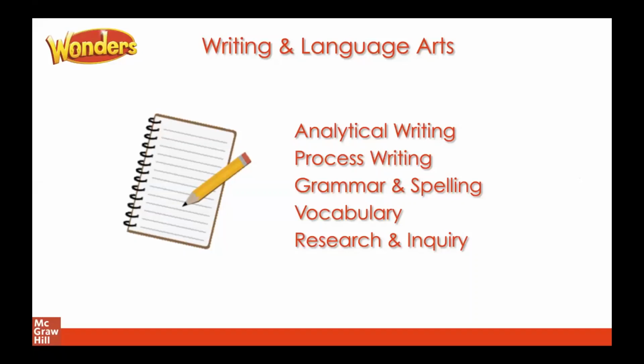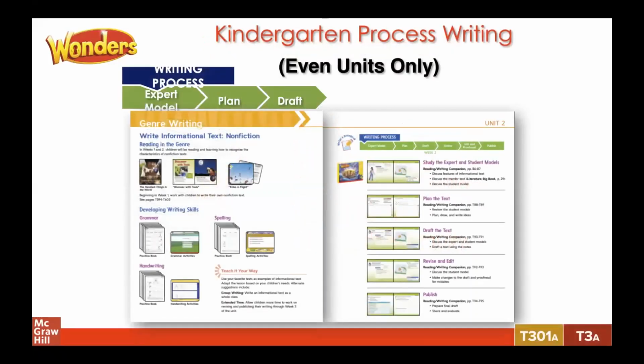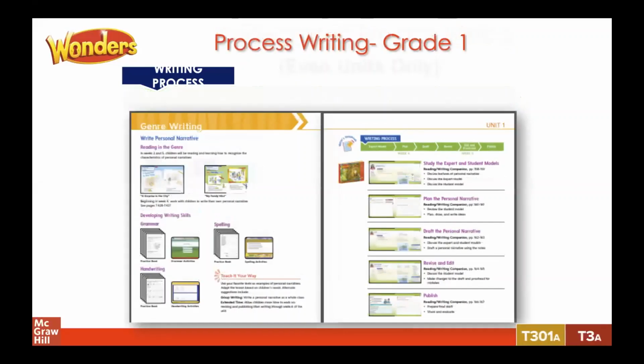And so let's take a little bit of a closer look here at the process writing. In kindergarten, we're looking at even units only for that writing process. And so again, taking what students have been reading about within their genre and taking that into that writing process within their reading writing companion space is great. And so we'll see that continuing here in through 1st grade,